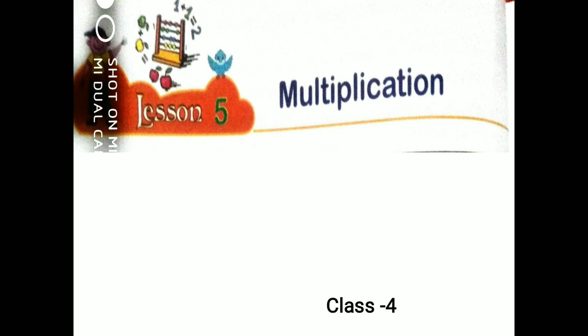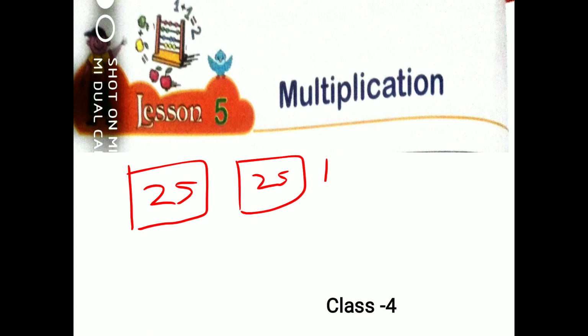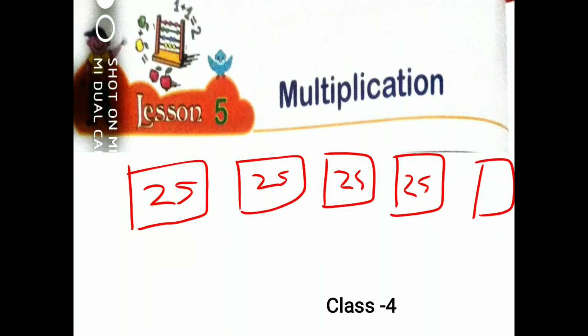This thing I will explain to you with one example. Suppose you have 5 boxes and in each box there are 25 apples. So, how many apples do you have? What do you do? In 5 boxes, there are 25 apples each. Clear? How many boxes do you have? 5. In each, how many apples are there? 25. What do you do? One way is that you have to add them. Clear? 25 plus 25 plus 25 plus 25 plus 25. The answer comes 125. Clear?